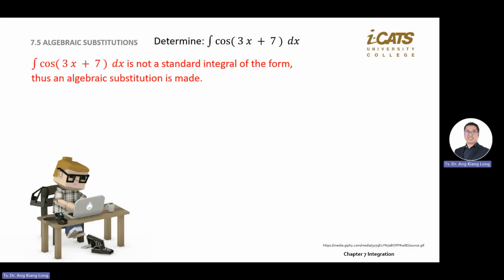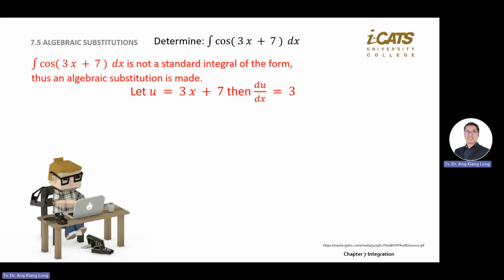So if you see a non-standard function, for example the first one, your function is cos bracket 3x plus 7. This is a non-standard cos function. Standard cos function means y equal to cos x or cos theta, only one unknown. Here you have a bracket with a linear function. This is called non-standard. So what you do,